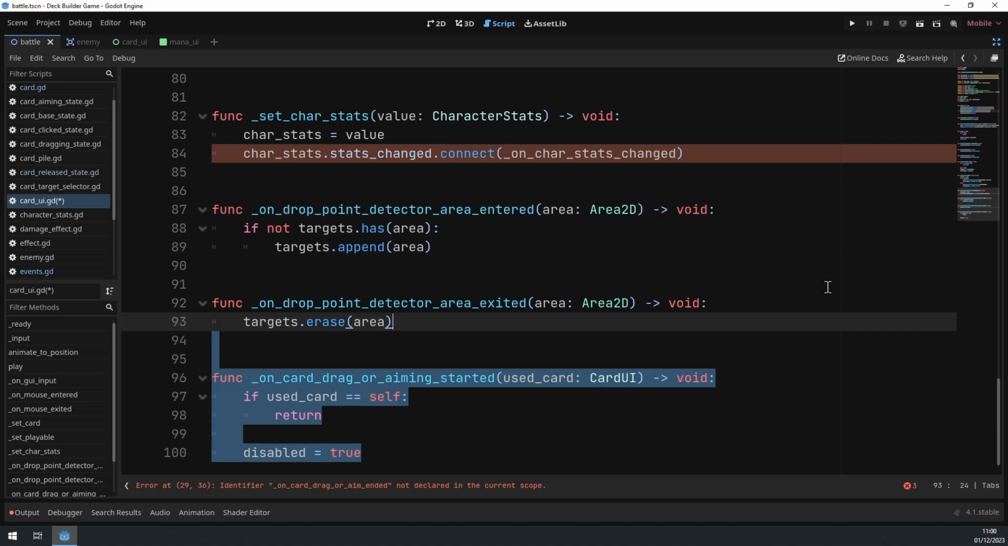How does this work? Well, if you remember, in the ready function, we connected to the event bus's signal for card drag started and card aiming started. Both of those are connected to this function, right? And so this is true for all the CardUI scenes in the scene, not just the one we are currently working with. So what we do here is we check if the used card, which we started dragging or aiming with, is ourselves. Because if it is, that means that this is the card we are currently dragging or aiming with,